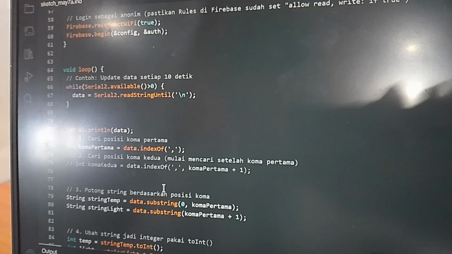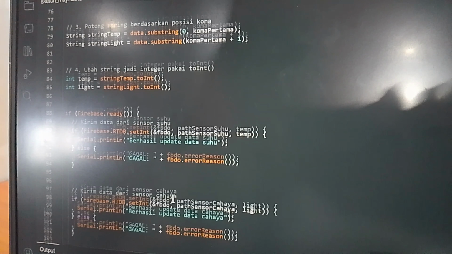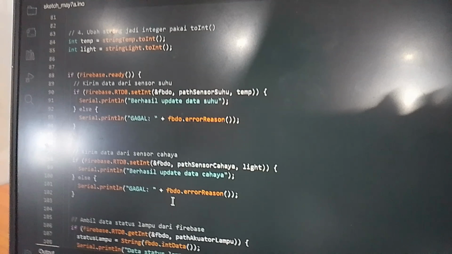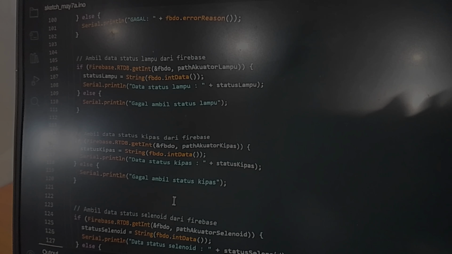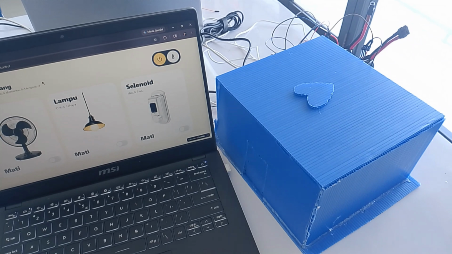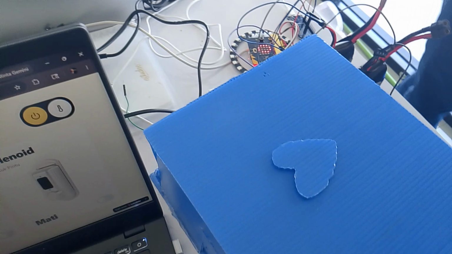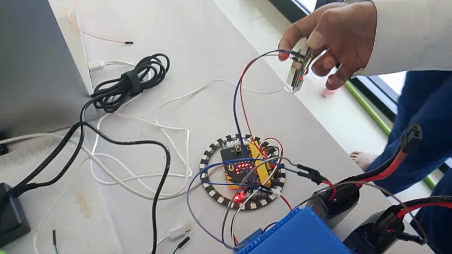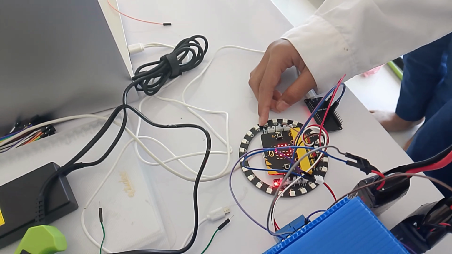Okay, and there is some code for the ESP to make the sensor move on and off. What we need in a smart home is first this ESP32, then the micro:bit, and then the extension.